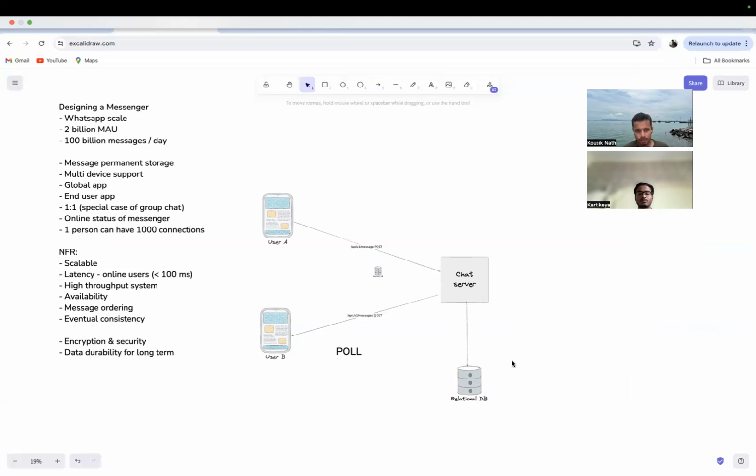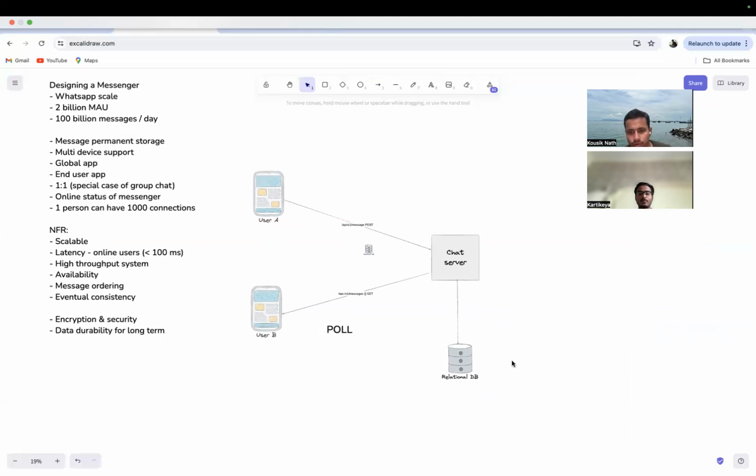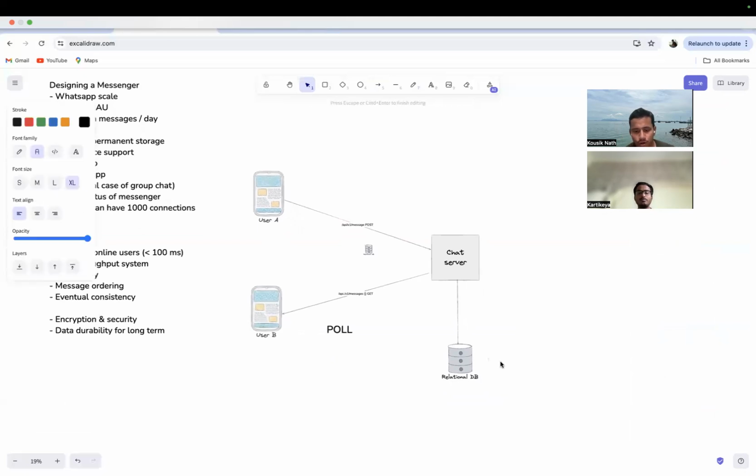Now this is at a very high level. At a high level also, we need to know what kind of data we are going to store here. So we are going to store messages, right? Just to give you some glimpse of the data that we are going to store here. One is messages. Or before messages, we need to store users. We also spoke about, okay, this is for 1:1 basically. So user A and user B both are in this table, and they can send each other messages, right? And also, I think we are